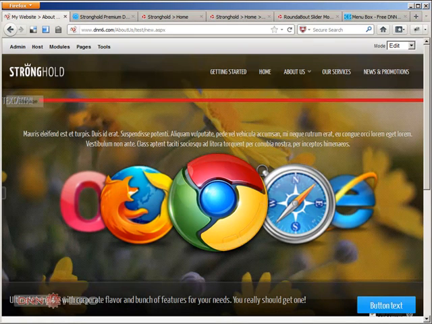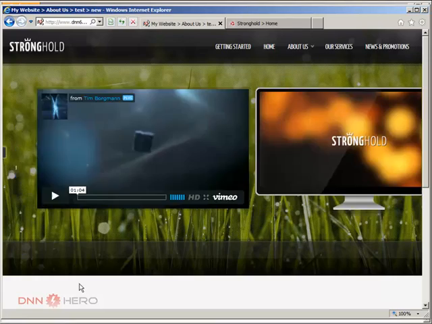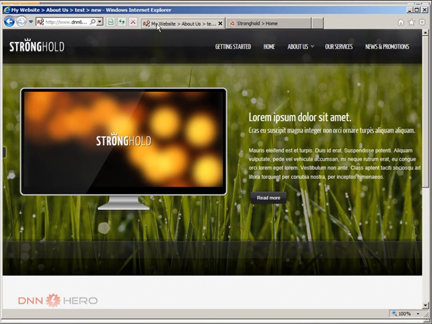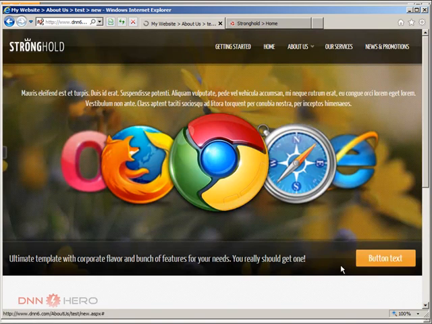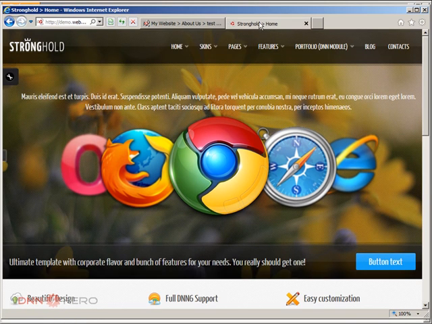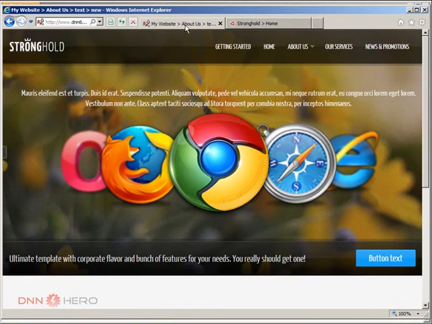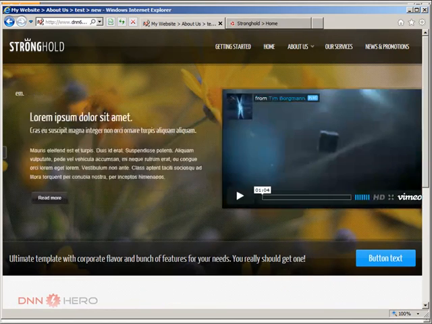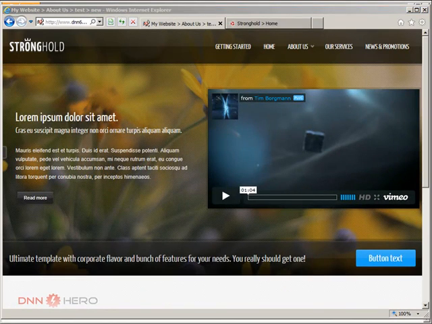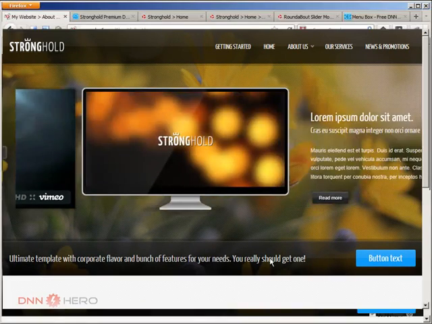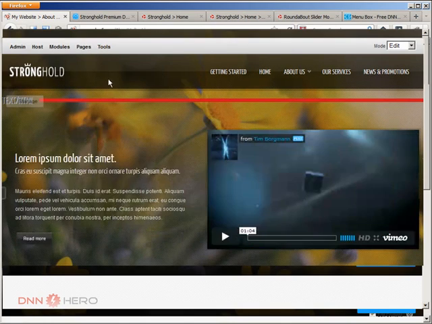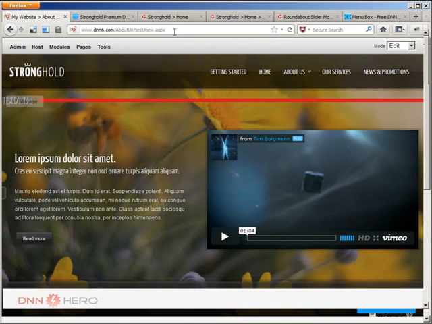Let's have a look at that in IE. Let's refresh this. And as you can see, we have the button, the text, again getting closer and closer to the final result here. Now, before we move again into the content, as you can see, anytime that I refresh this page,